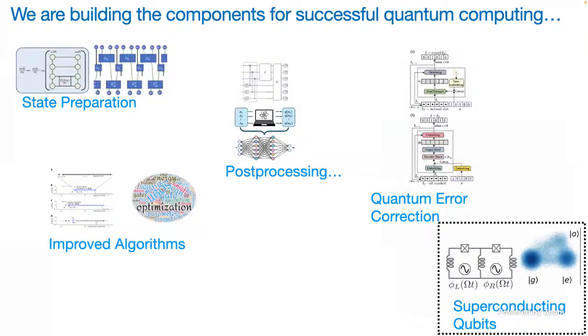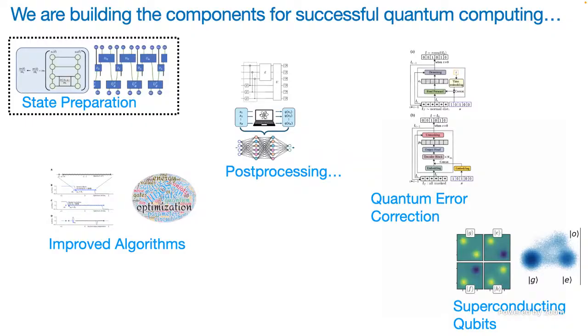About what are the general areas that we as a community need to make progress on in order to move forward and actually one day have successful quantum computing. Okay, so an important area in developing the quantum algorithms for quantum computing is to get state preparation